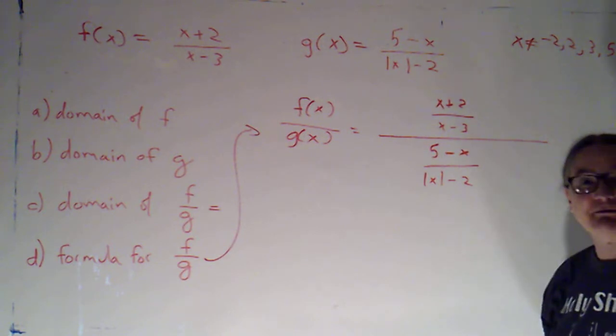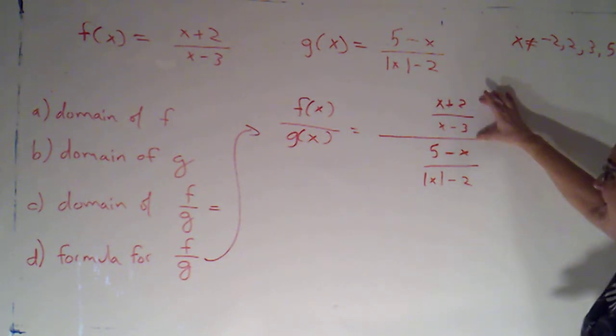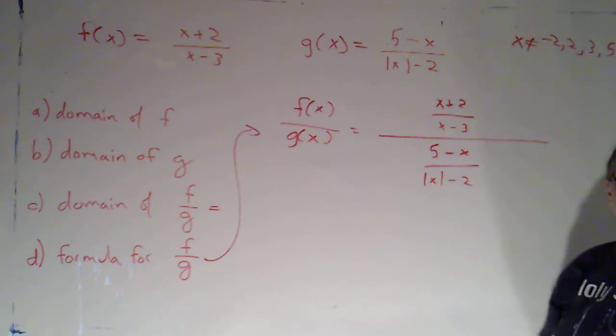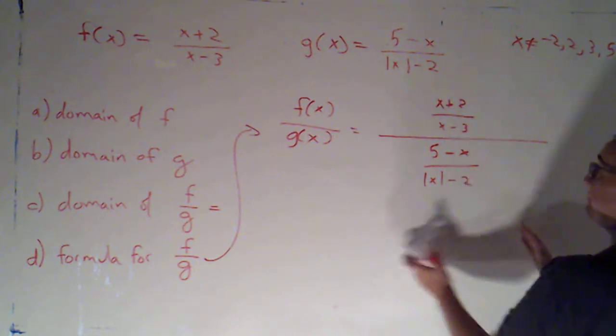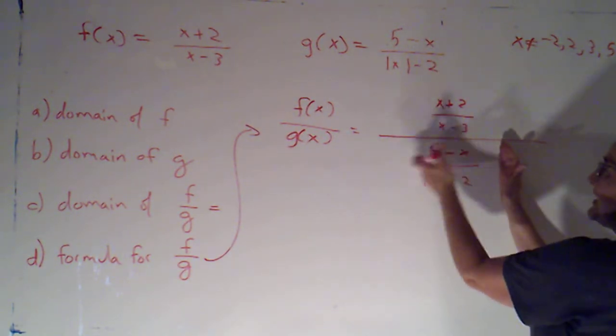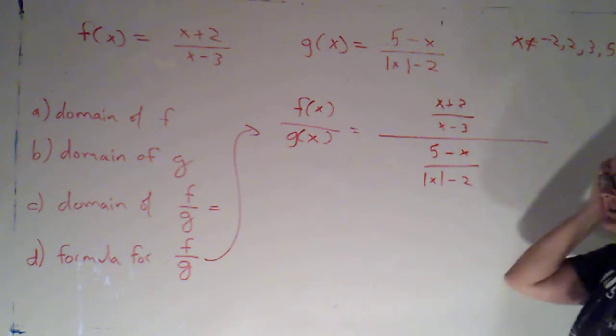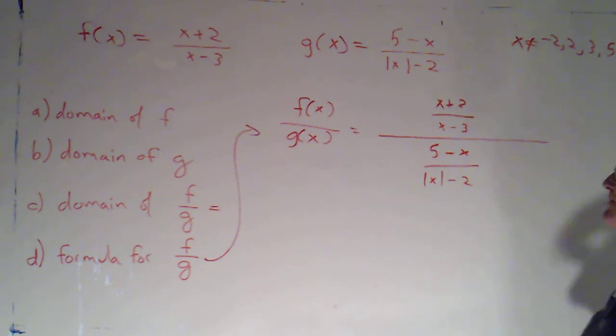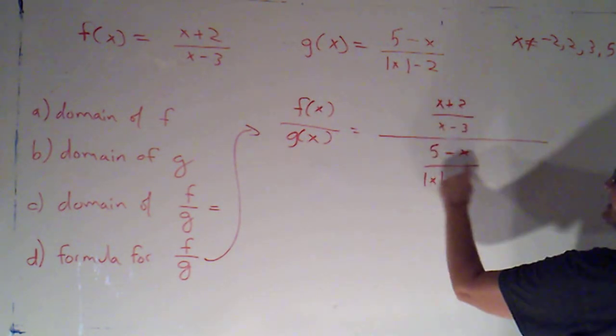I basically got 3 fractions here. The fraction on top, which is undefined if x is 3, the fraction on bottom, which is undefined if x is plus or minus 2, and then the fraction that's f over g, which is undefined if g is 0, which is if x is equal to 5. So there are 3 different denominators that I need to keep in mind. This denominator, and this